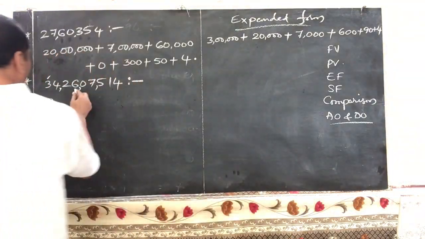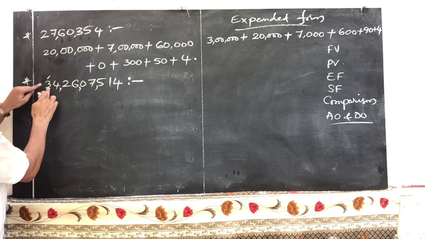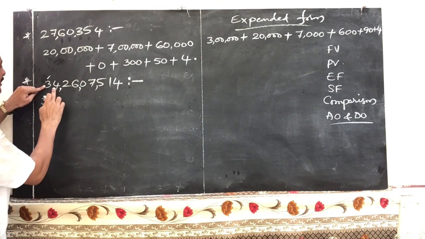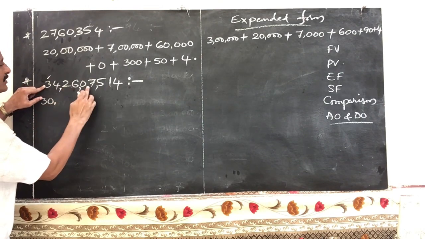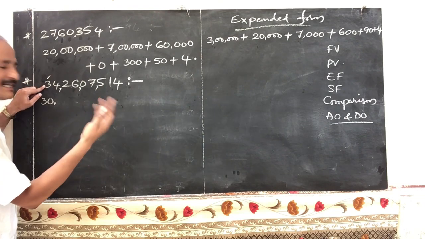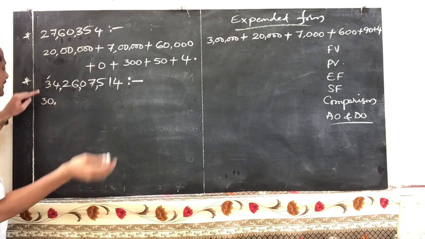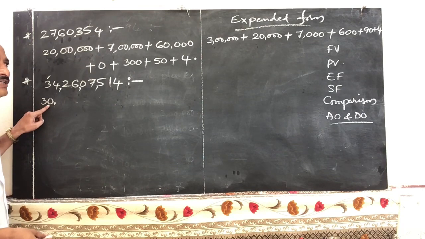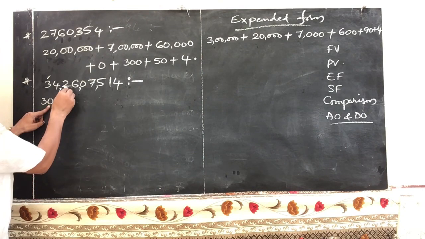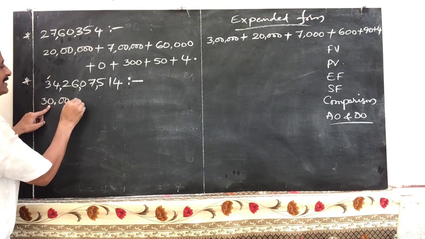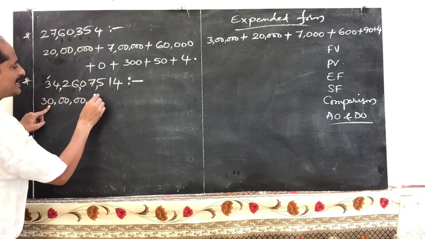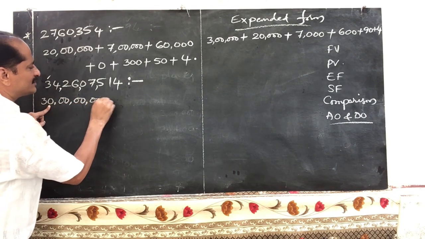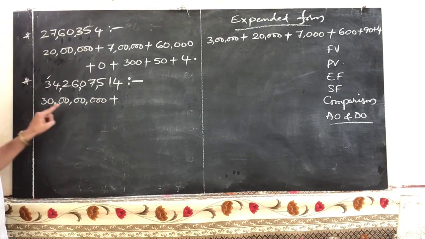So 30 crores, and here see, after 3 you should place all zeros. How many zeros? Now 2 zeros, 2 zeros, 3 zeros. Or otherwise like this also. So 30 is in crores period we have written. Next lower than crores period, lakhs period, 2 zeros. Next lower than lakhs, thousands, 2 zeros. Next lower than thousands, units, so 3 zeros. So this is place value of 3.